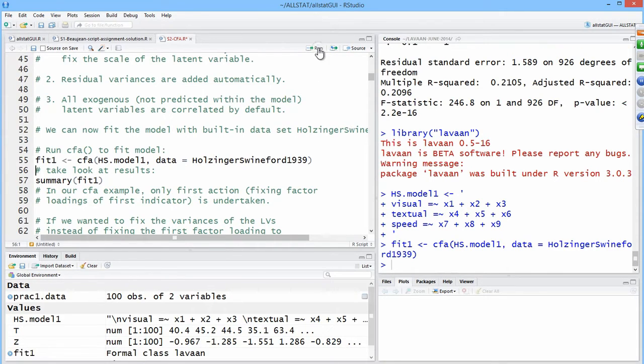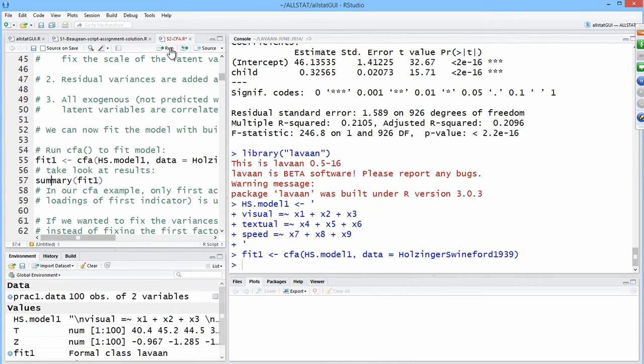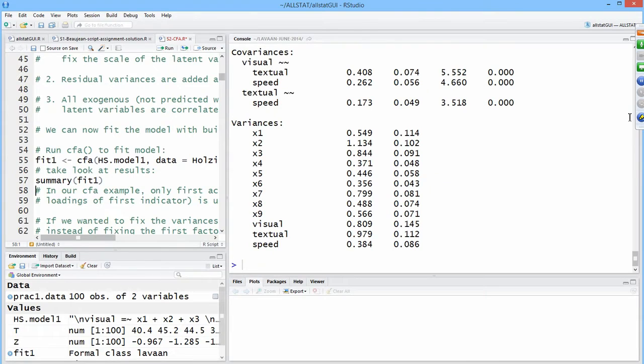So we do that, and it puts the fitted object here in fit 1, and then we look at the summary. So let's take a look. This is just our basic, most simple execution. We have the model and we have the data. So let's look at the summary. What you get if you don't do anything different than that,